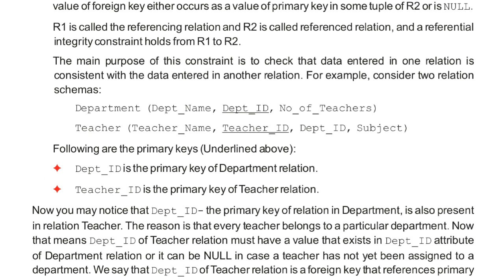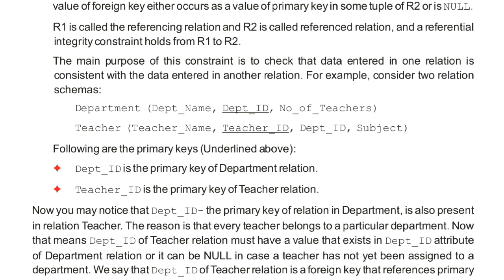So we will say that the department ID of the teacher relation must have a value that exists in the department ID of the department relation. So one relation will be referenced by another relation.